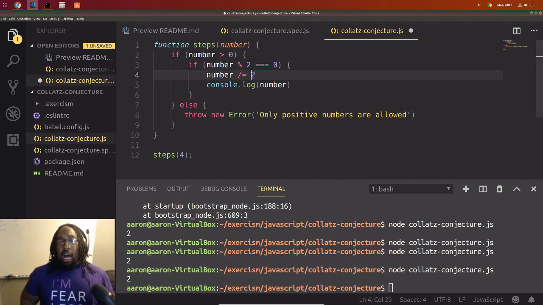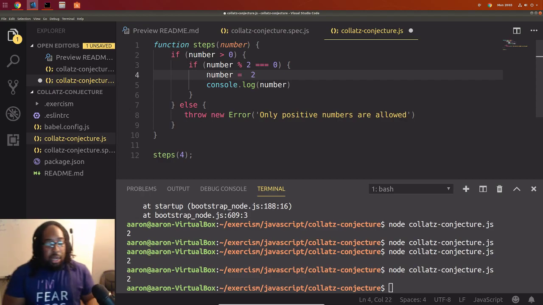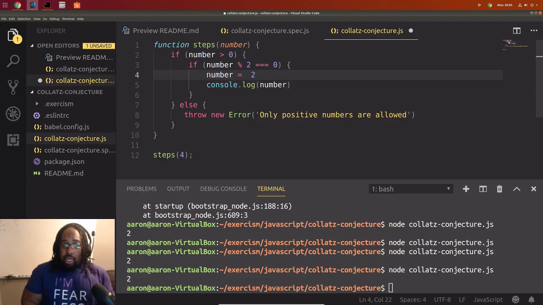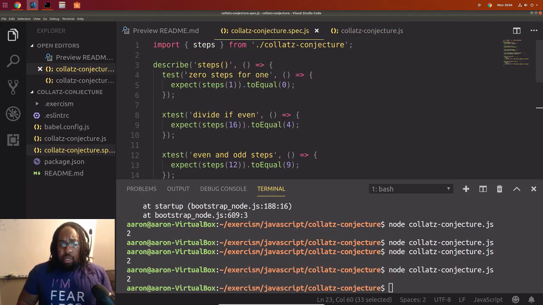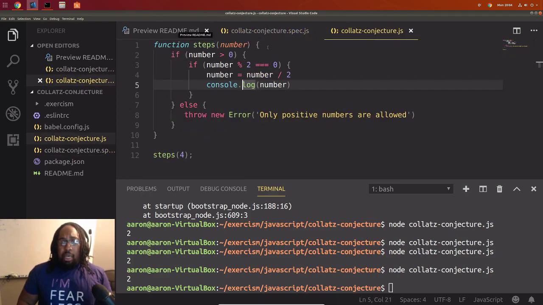Something to remember. I'll expand it back out because I find that is confusing to people who may come in late or go back and watch this later and may miss that part. So I'll leave it as number divided by 2. Cool. So we've got our part done here. So we can do the next piece.